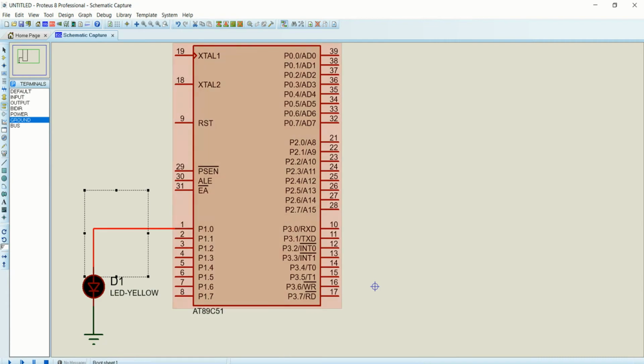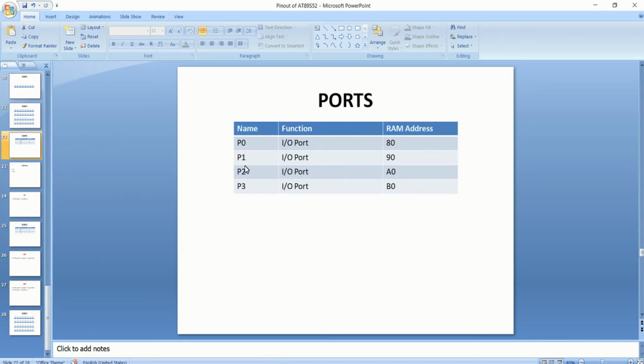So these are all the 4 ports that are available in our microcontroller: port 0, port 1, port 2 and port 3, and we studied this in the port structure lecture, right? Port 0 is available at RAM address 80, port 1 at 90, port 2 at A0 and port 3 at B0.